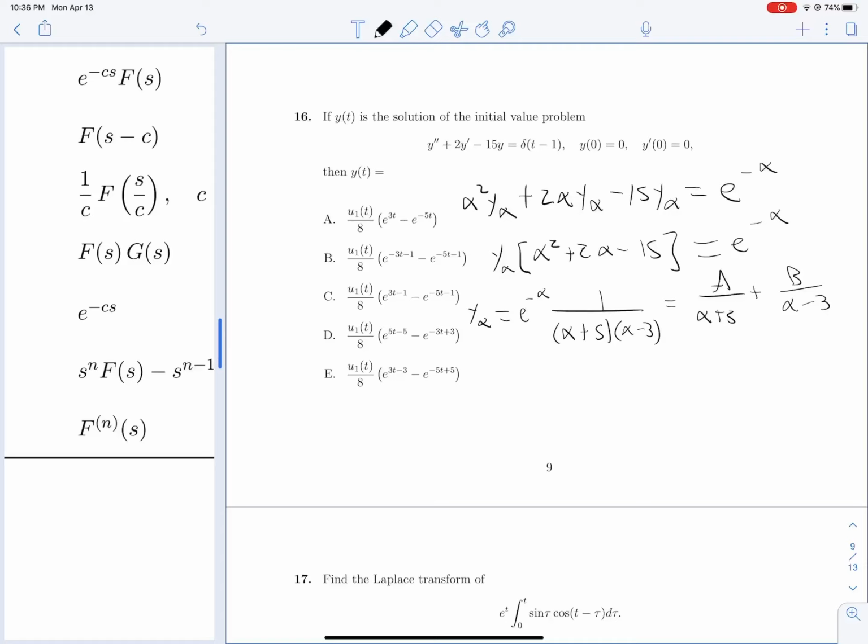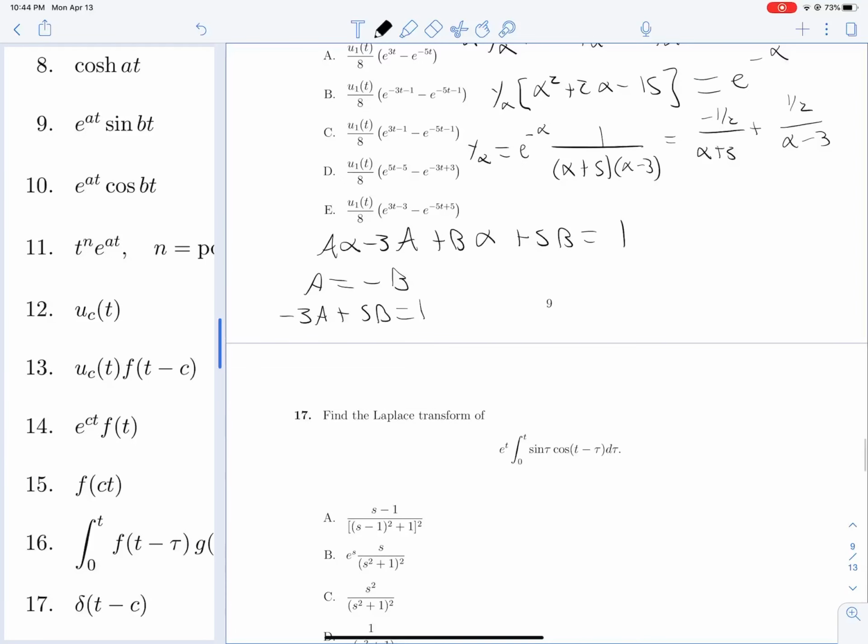Multiplying our denominator up, we will see that a alpha minus 3a plus b alpha plus 5b is equal to 1. So a is equal to negative b because of our alpha terms,